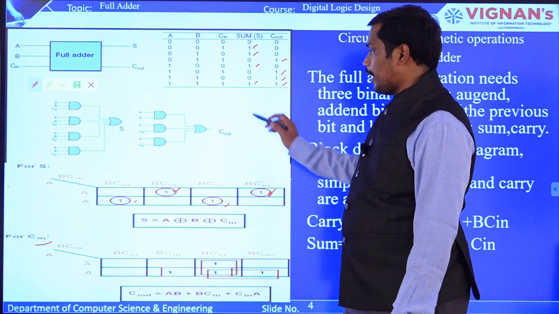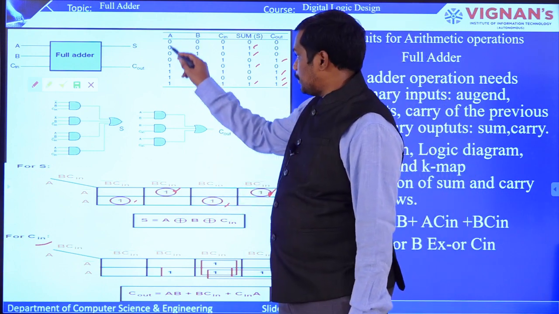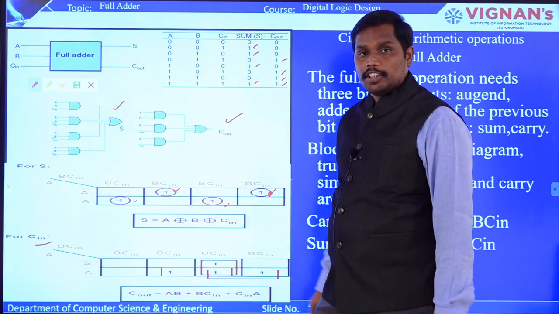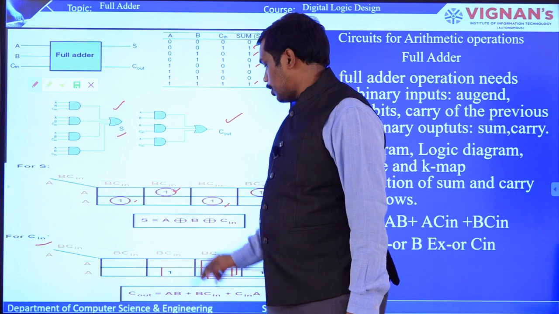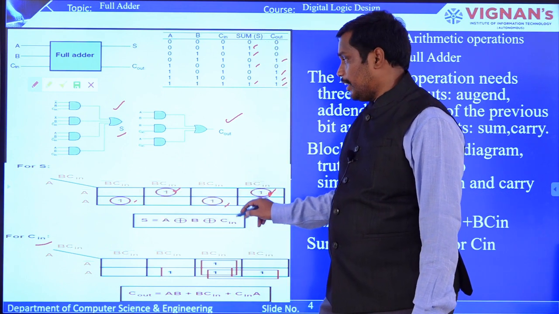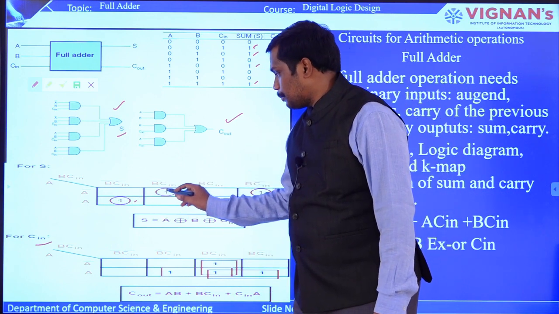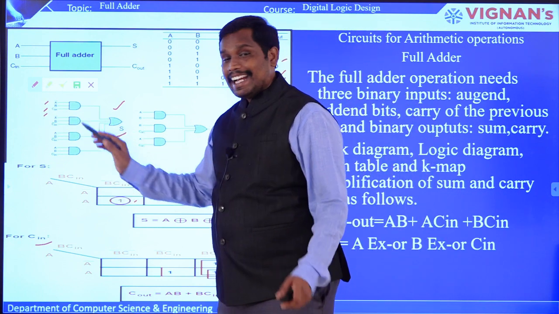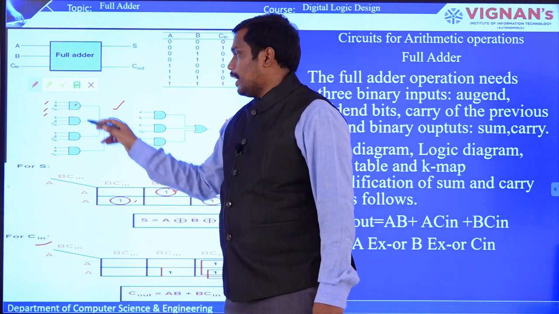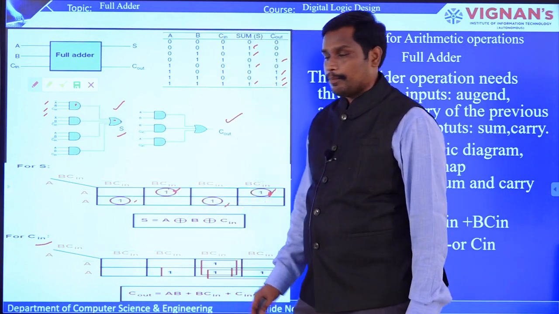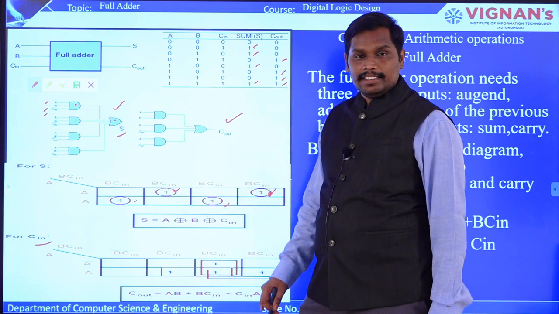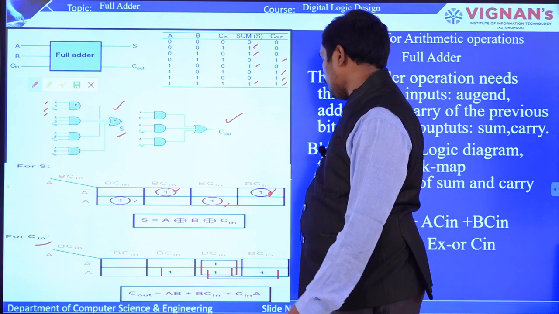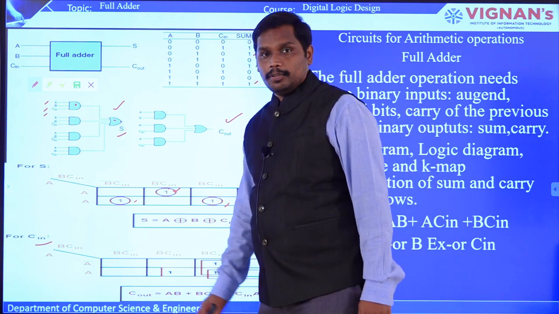Now for this truth table, you can have a logic diagram, that is, sum as well as C out as logic diagrams. You can see that here sum is the combination of A exclusive OR of B exclusive OR of C in. Otherwise, you can also write it as A bar, B bar, C in. So you have taken A bar, B bar, C in as an input, and that particular thing is added to sum. So this is how you are going to finalize the equation. Are you getting it? So this is how you construct it. Right, fine. So hope this is clear how the full adder is done.